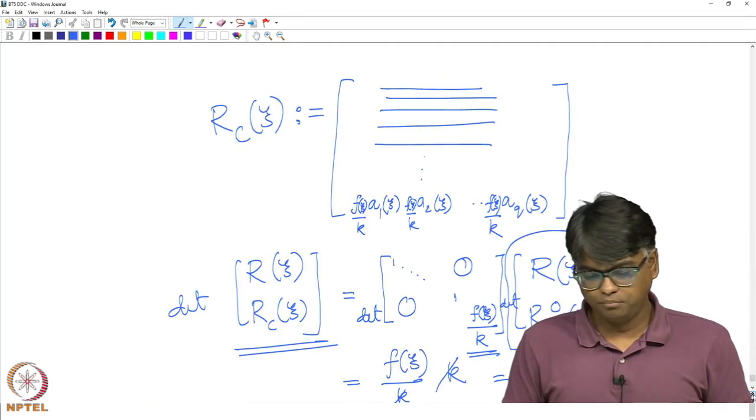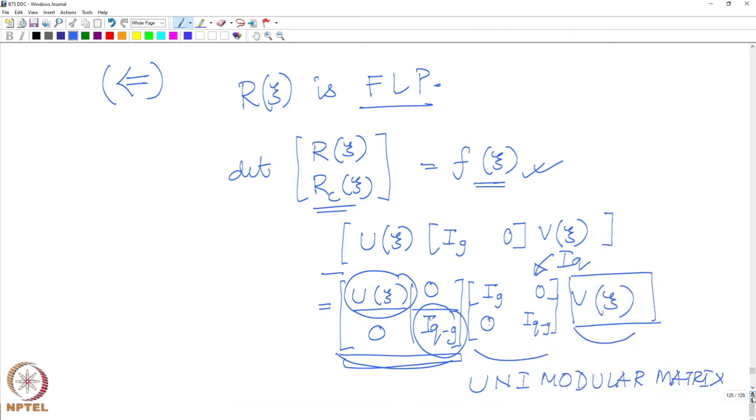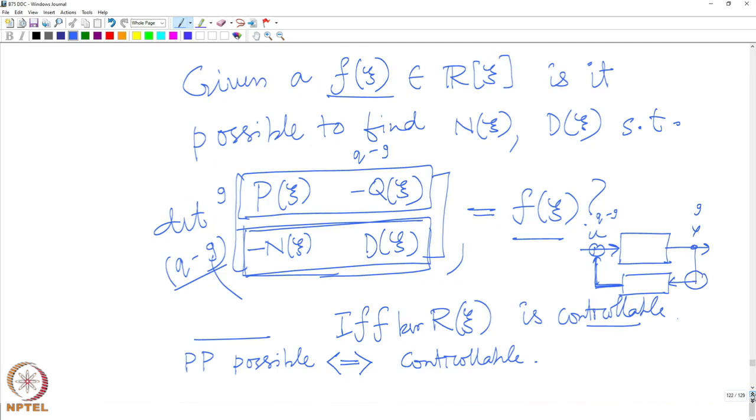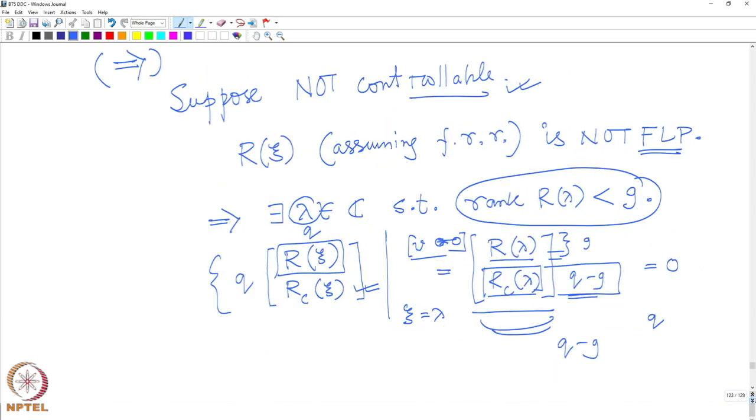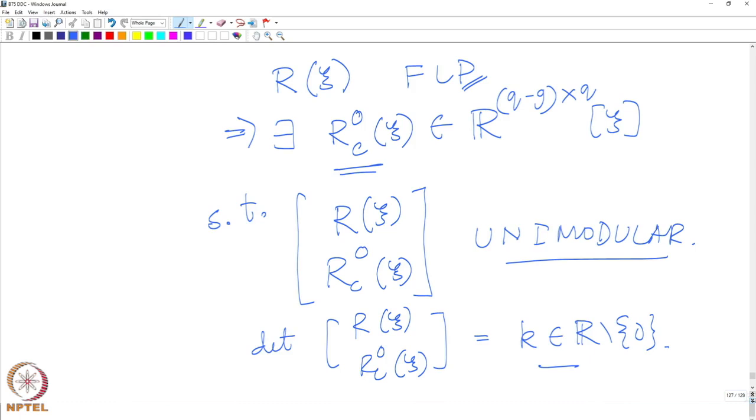So, we have essentially proven this implication as well. So, by that we have also proven this statement, that arbitrary pole placement is possible if and only if controllability. What interesting fact comes out of this analysis also is the fact that